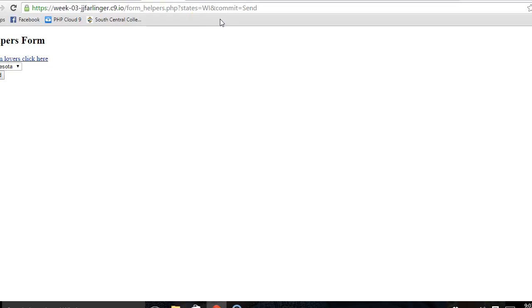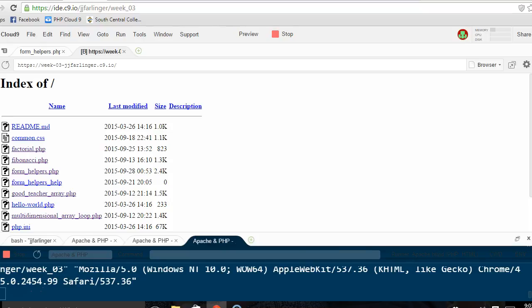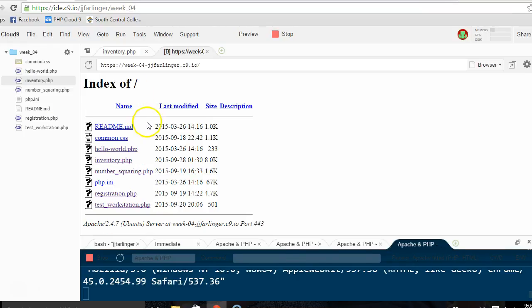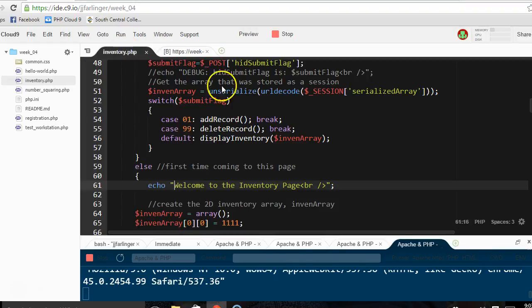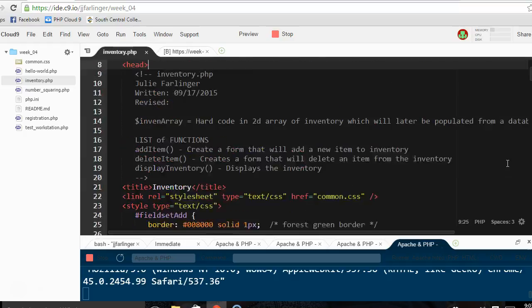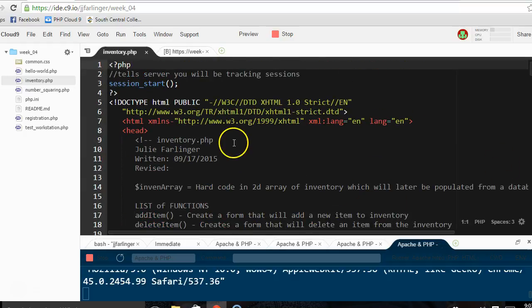The inventory program that we did in week 4 had a unique feature that the other projects did not have, and that was a session component that tells the server that you're going to be tracking whether the user has visited that page or not. The inventory page